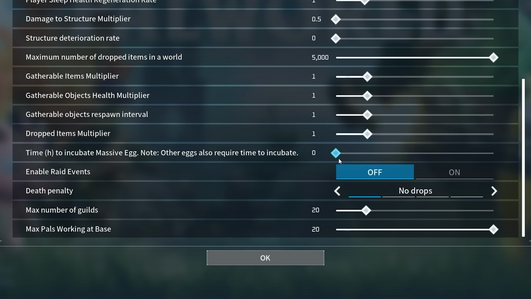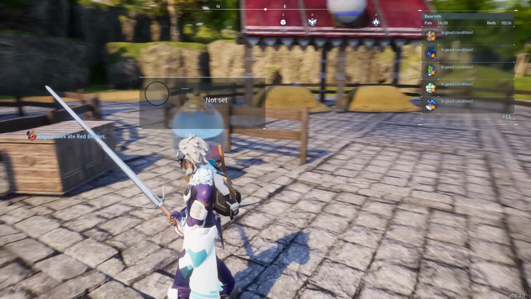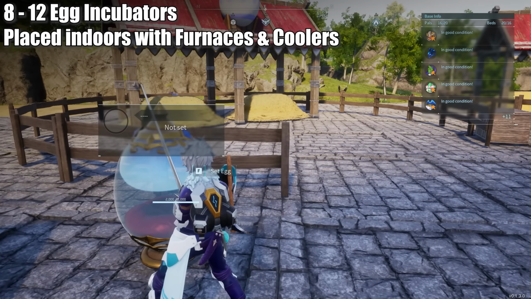But if you want the more realistic or traditional approach where you do have to play the mini game for hatching, you can set this to 1, or you can set this to a higher value if you want to have that process. Now, I actually did go the traditional route on previous iterations of my pal ranch, and if you do want to go down that road, I recommend probably about 8 to 12 incubators, and you want to